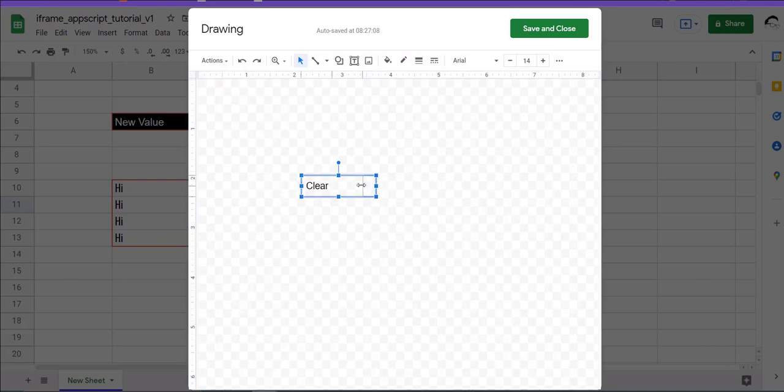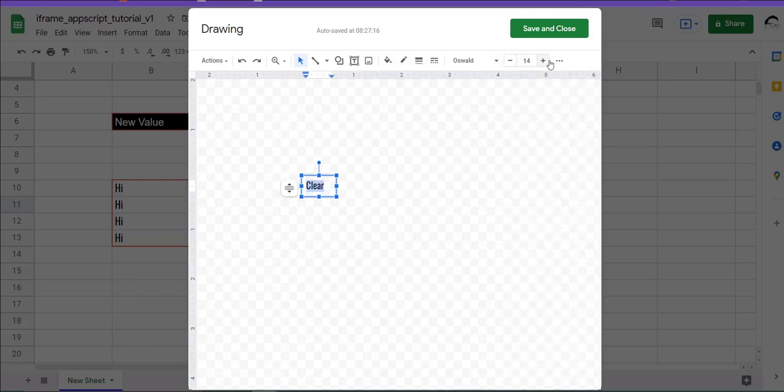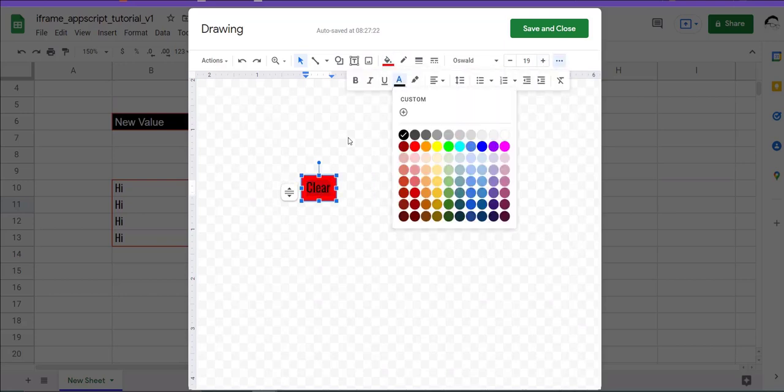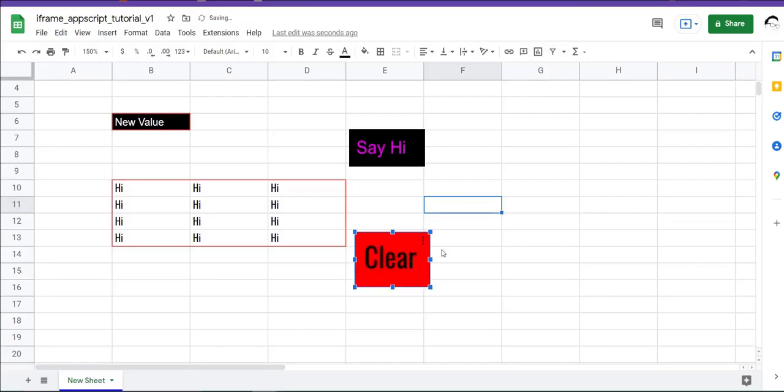So let's write clear, and obviously my favorite font Oswald, and button color red, and I think black font color is doing right. So save and close. This is our clear button,